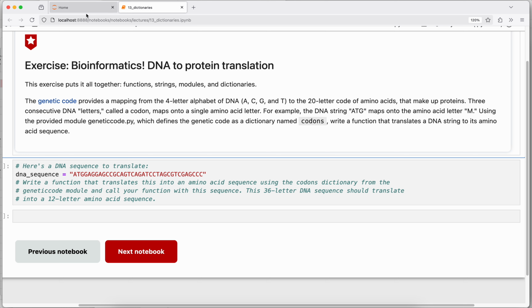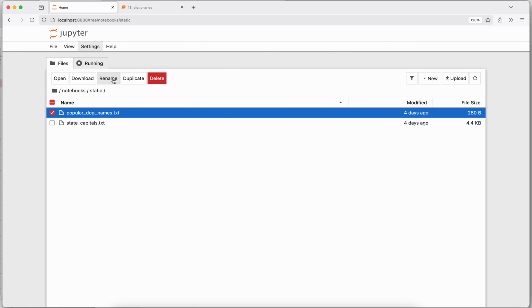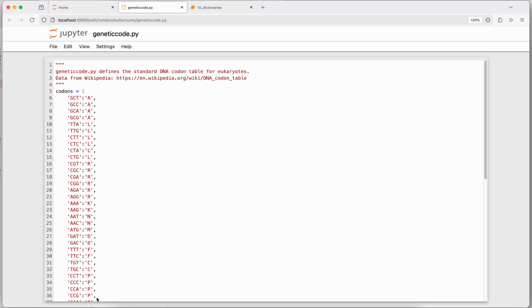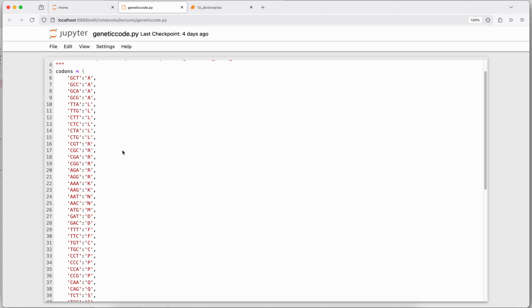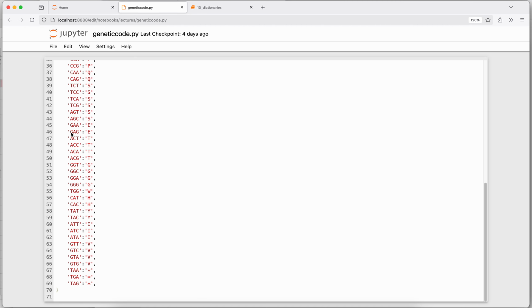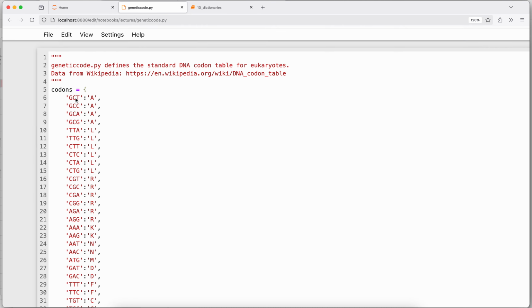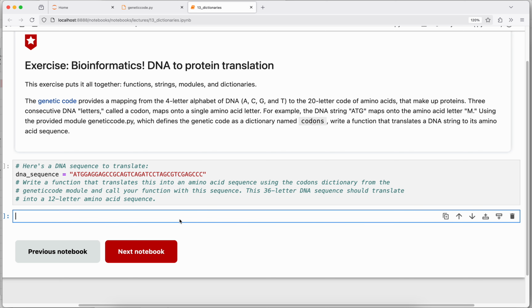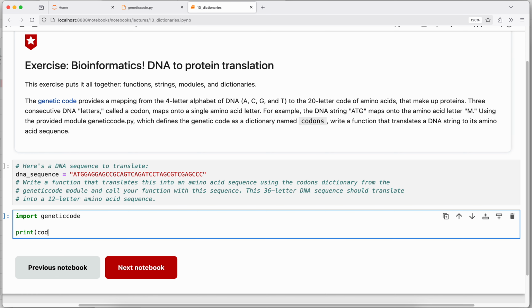So the first thing I'm going to do for this is I'm going to go look at this file, genetic_code.py. And so sure enough, we just have this variable codons, which is a dictionary mapping 3-letter sequences of these DNA letters to an amino acid letter. And so I'm going to use my import statement, and I'm going to import genetic_code. And then just to check, I'll print